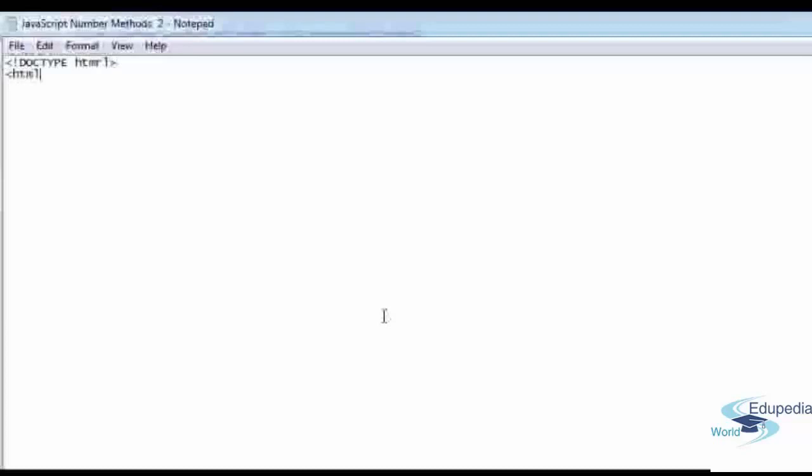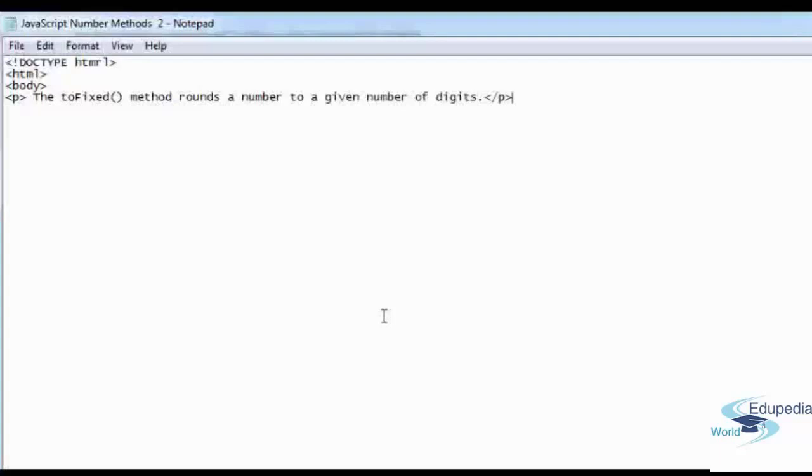Okay, open up the HTML tag, open up the body tag, open up the paragraph tag, and say the toFixed method rounds a number to a given number of digits, period. Okay, paragraph tag, open. In the next paragraph tag, I want you to write